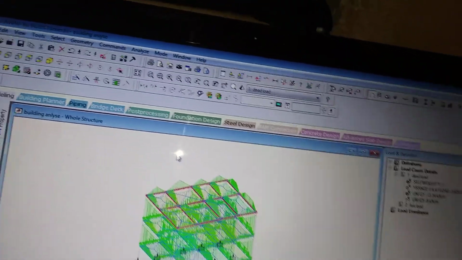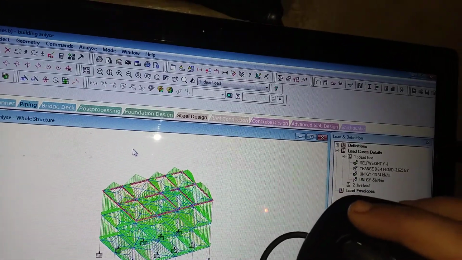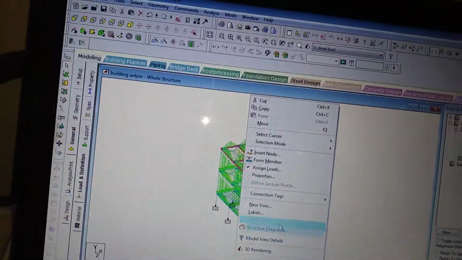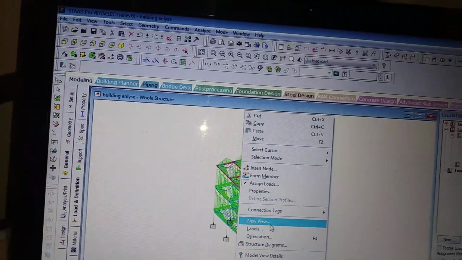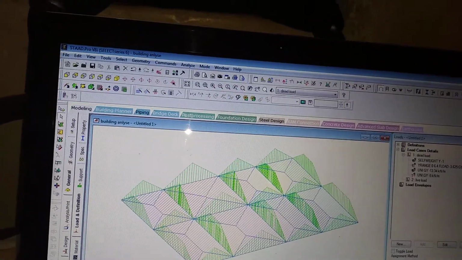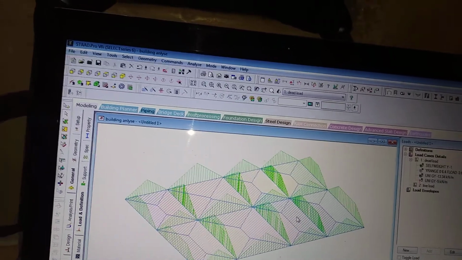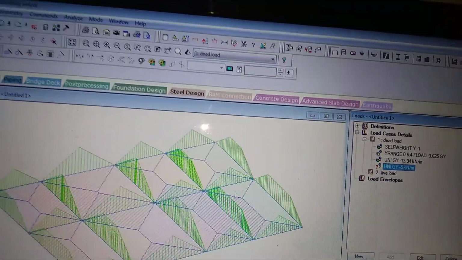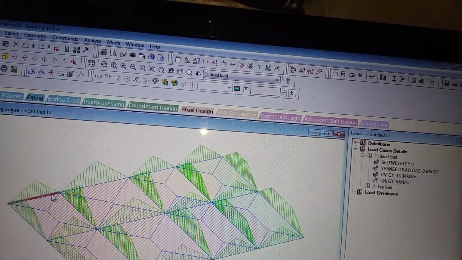So what I will do, I will give a right click. Okay, so new view, I will select a new view. Okay, only what is selected, that portion comes. So this parapet load I want on the edge side only, so I will select it.